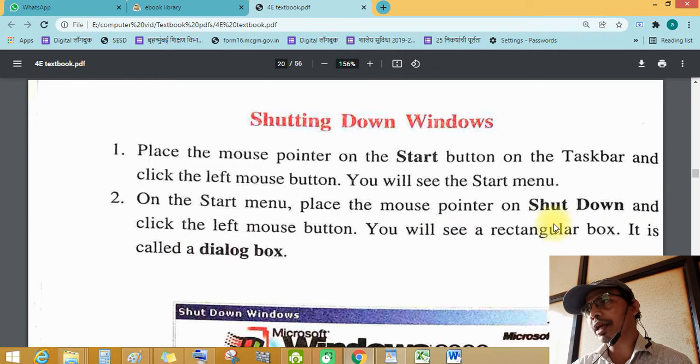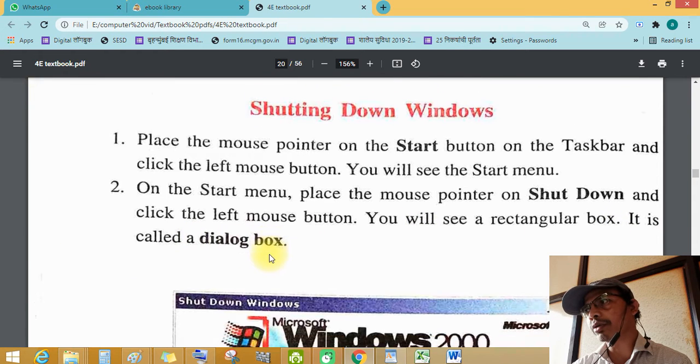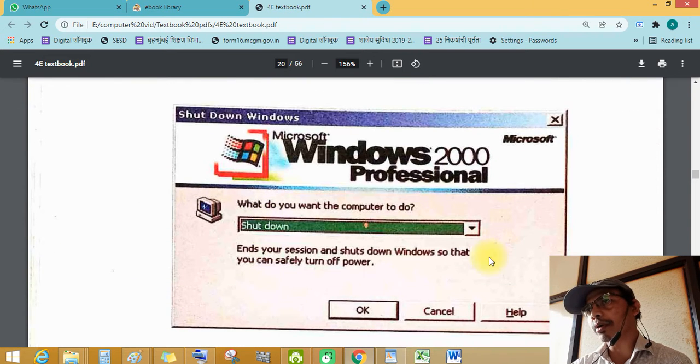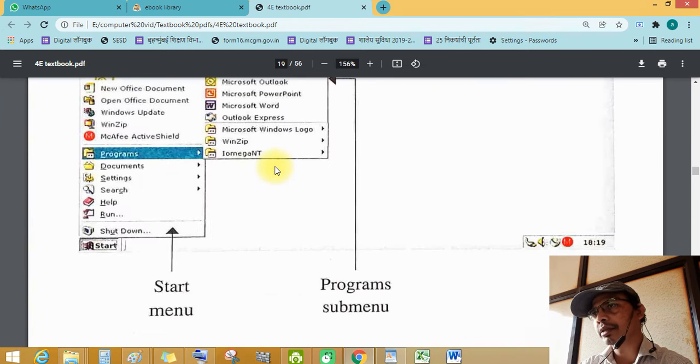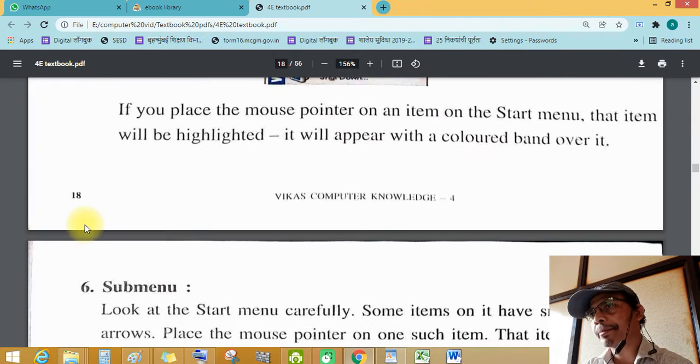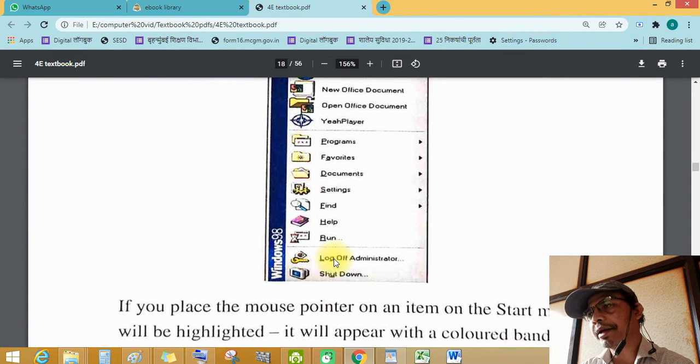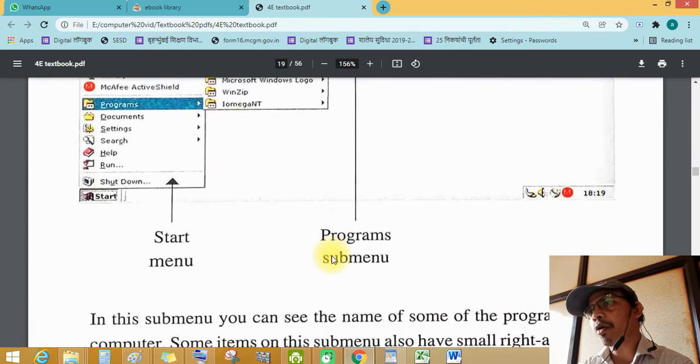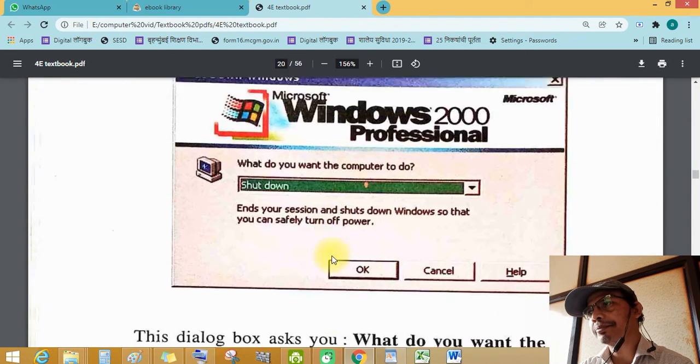You can see a rectangular box. It is called a dialog box. See this dialog box, Shut Down Windows. This is the 2000 Professional operating system, but there is also the Windows 98 operating system.